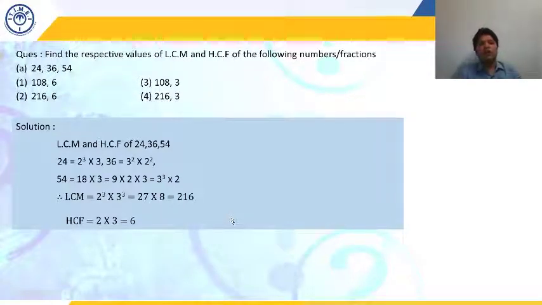Okay, this is the method to get the answer directly or easily, rather than taking the common factors and so on. Right? So to get the LCM and HCF, we will first prime factorize the numbers, and prime factorization means expressing the given number in the form of powers of prime factors. Then to get the LCM, we will consider only the highest powers of the given prime factors. And to get the HCF, we will consider the least powers of the given prime factors and multiply them. I hope it is clear.